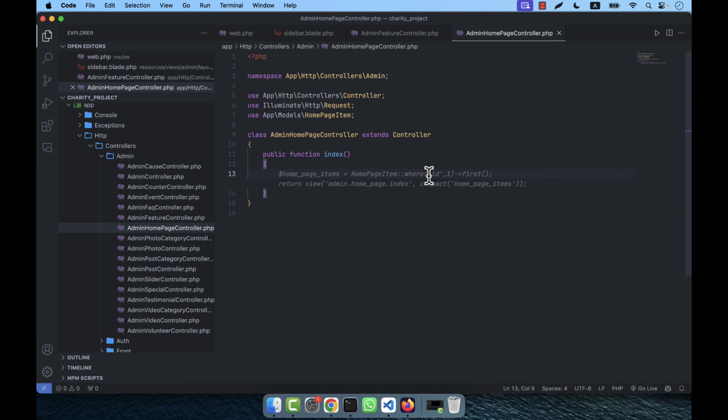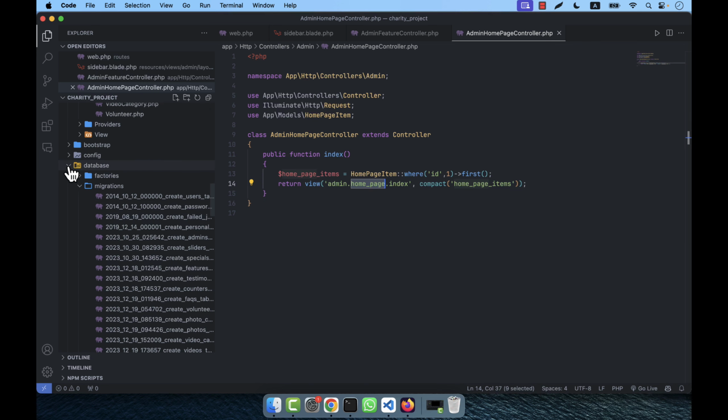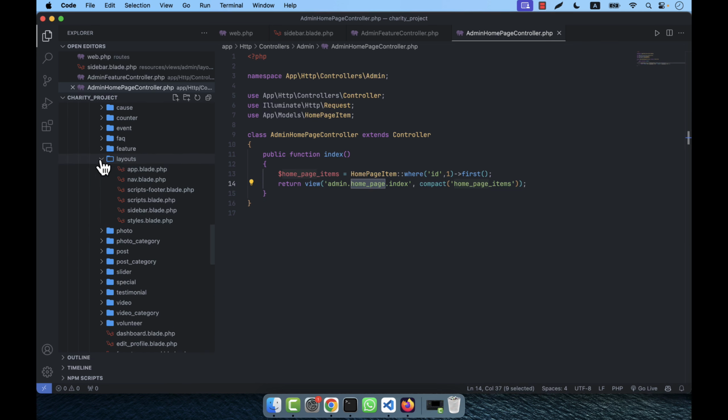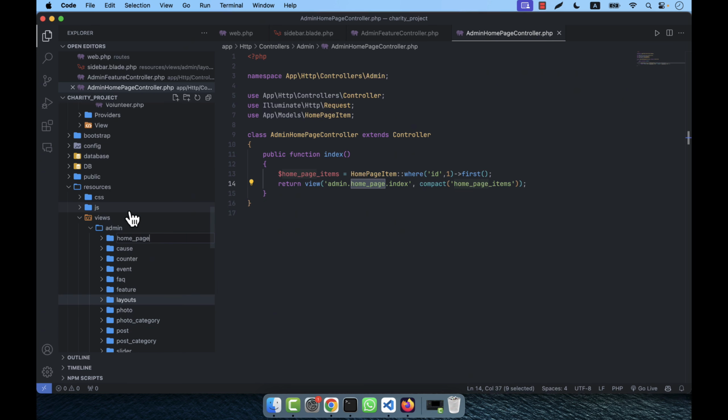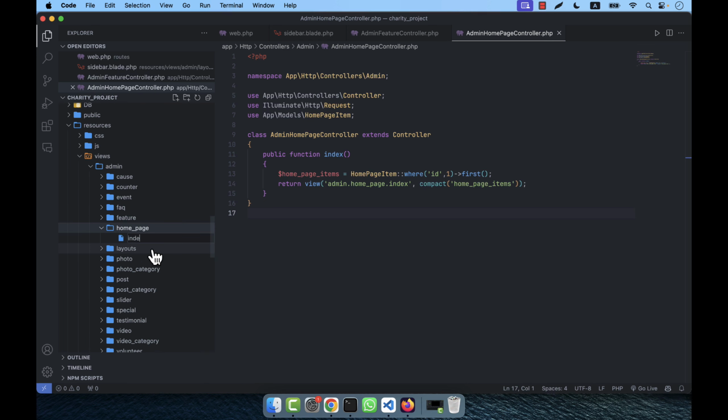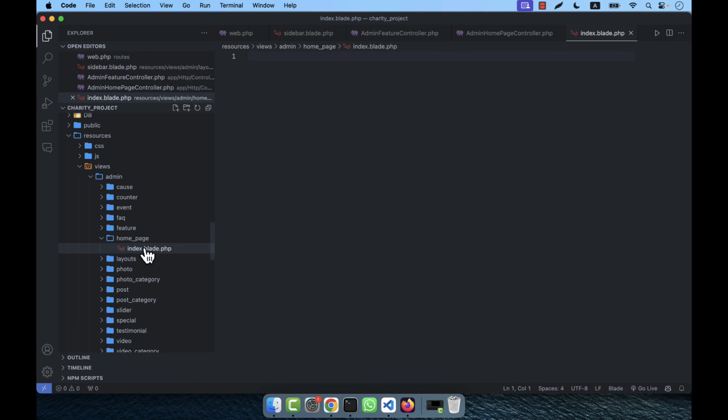And also from the home page item I am going to get all the data, home page items, in the admin home page index. So I am going to the folder admin, view admin, and here I will create a folder that is home page, for example. And into the home page I am going to create index.blade.php,